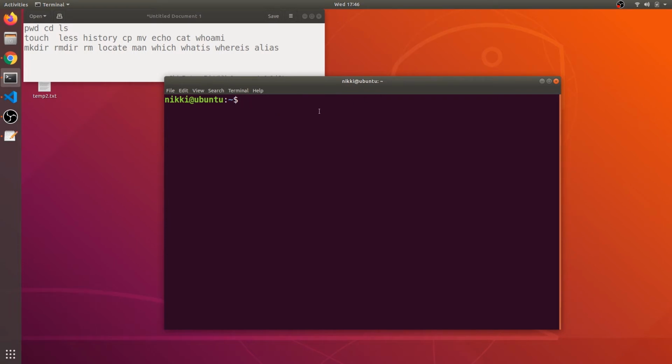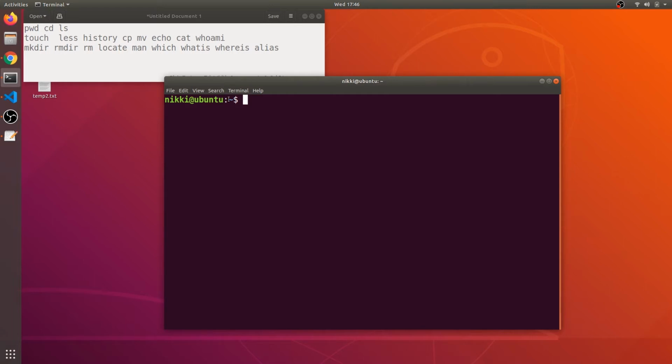So guys, this is our terminal, and here we need to input some commands. I mean, we give some commands to the terminal and it will give the output. So let's check what this is. This one is the username which we have created, Nikki, and this one is the Ubuntu machine, I mean the machine's name. So I have logged in as the Nikki user on the machine named Ubuntu. The at sign tells that this user has been logged into this machine.